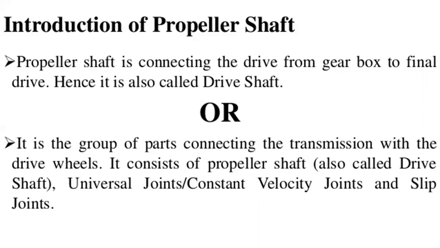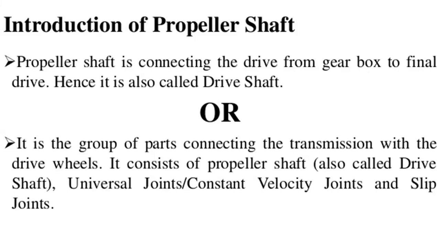The drive member is a connecting rod. In that engine, different pistons are arranged on the connecting rod, and the connecting rod is connected through a universal joint to the propeller shaft. When power is transmitted in the engine, it should be transmitted from one shaft to another shaft. I am using this type of propeller shaft, which connects with a universal joint. That's why it is called a driving shaft.